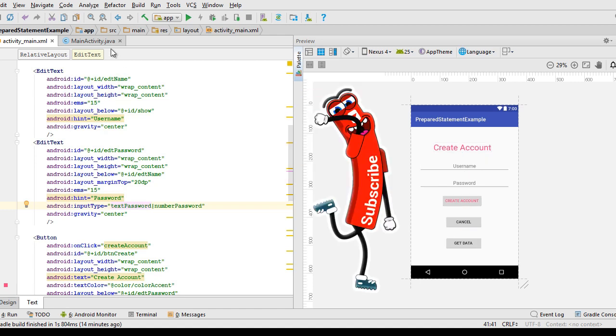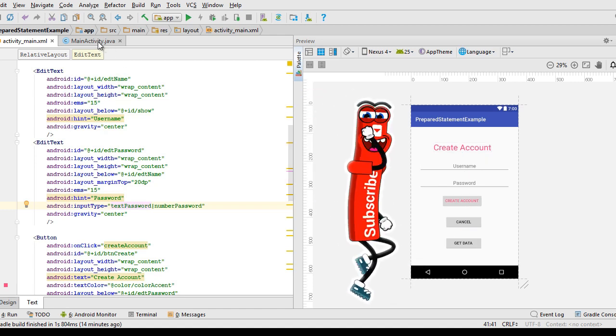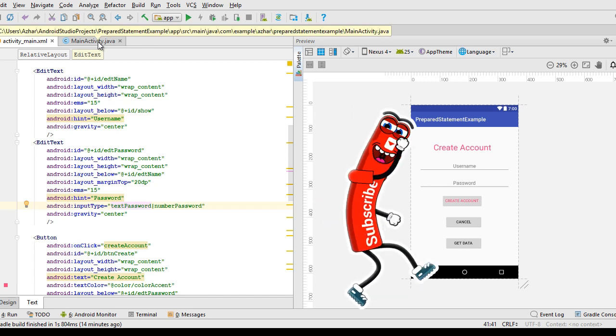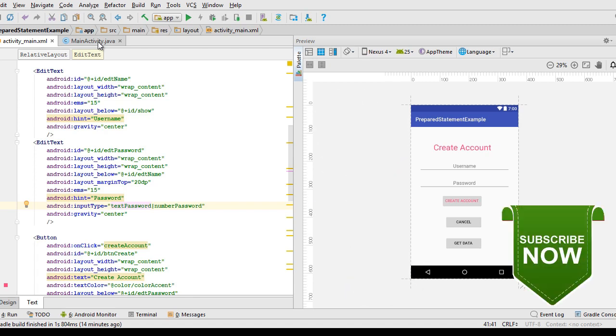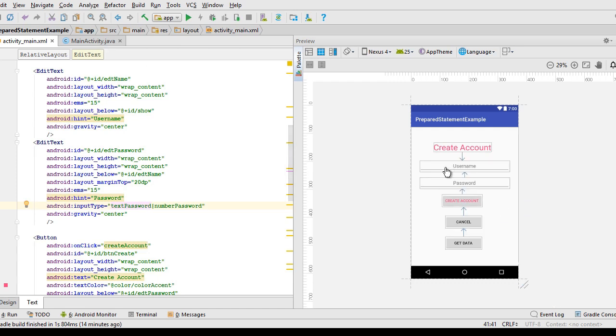In this video, I'm going to show you a new way you can create your database and create your columns by using SQLite statements. If you are from the Java background, if you have used JDBC, you know what prepared statements are. So my idea is whenever the user provides username and password, when I click create account, the database will be created alongside its tables, and at that time when the database and table have been created, it's going to get the data and insert it into the database table by using the statements. Okay, and when I click on the cancel button, the activity will disappear,